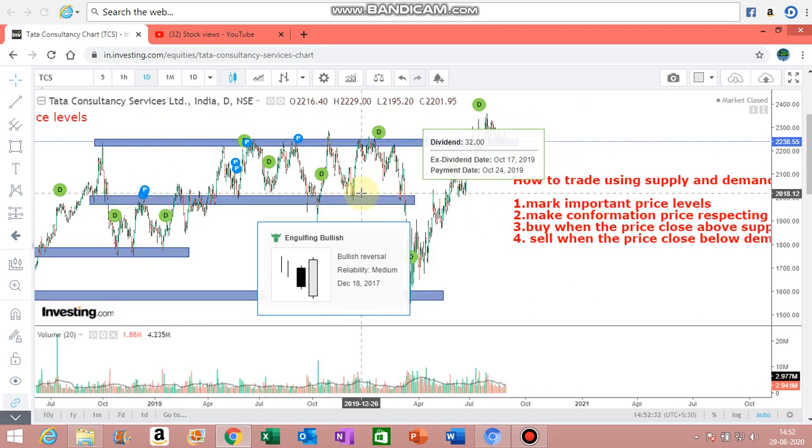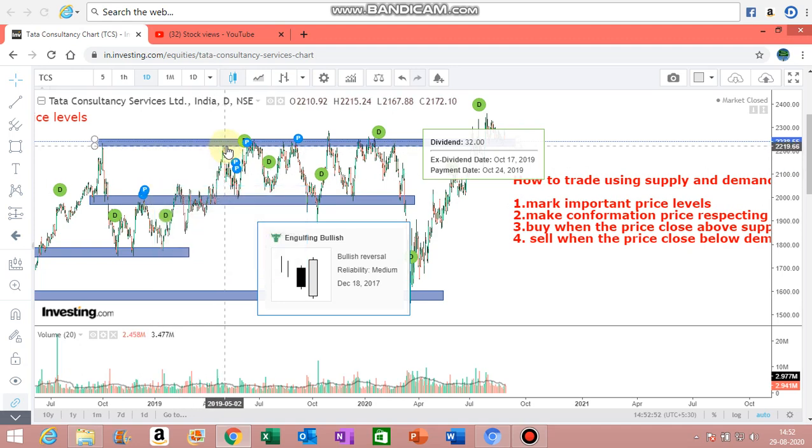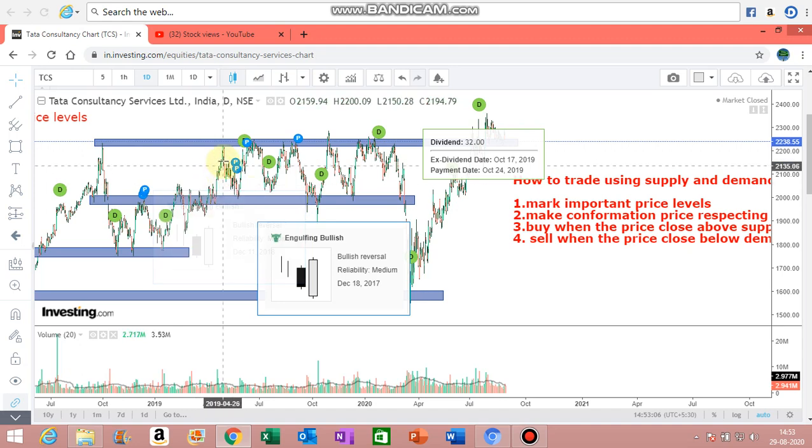So if you see here, similarly, this was previously acting as supply zone. The price tried to break that level and failed. Second time it tried and failed, and like fourth time it broke that level, and the price went to a high of 2150, and again came and retested the supply zone, which was previously the supply zone. Currently, once the price breaks that, it will act as a demand zone. In demand zone, buyers will give pressure,